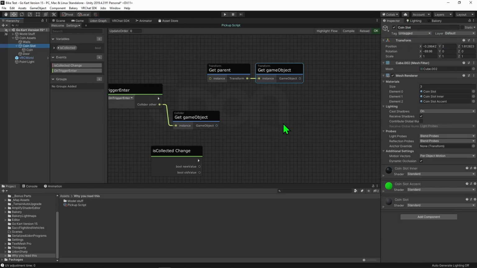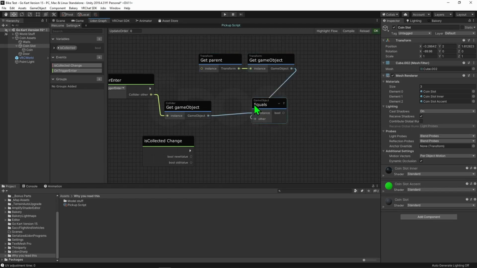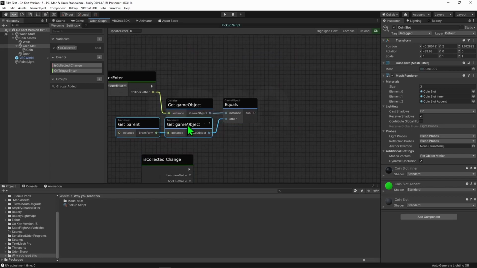object, which includes the name as well as this name, and we can check whether or not they are the same. To do that, we could check the name, but we don't actually need to check the name because it's the same object. So we can just use a game object equals node, and if these two values equal each other, we know that we have the same object. If we have the same object, we know that we have collided with our coin slot, and we now need